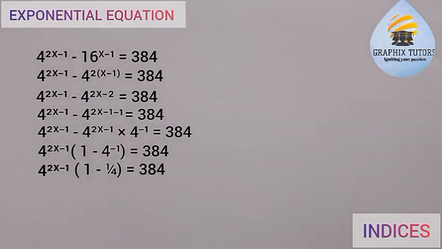Because whenever you have any expression where the power is negative, if you want to remove the negative sign from the power, you make it become the denominator. That means you now introduce a 1 over the value there, right? Let's just move forward. Equals to what? 384. Is that okay? Now, if I do that, I will now be having 4 to the power of 2x